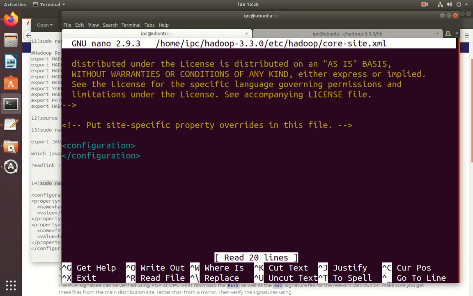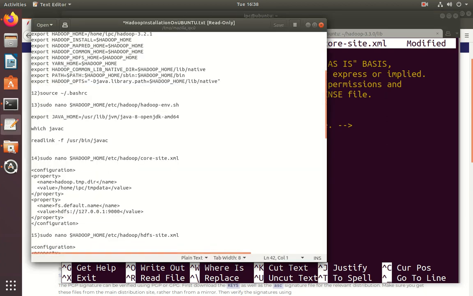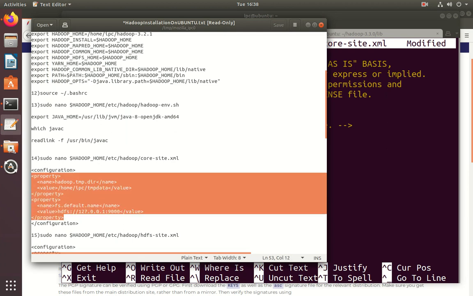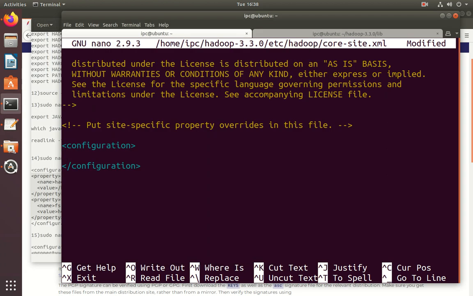This core-site.xml file defines the HDFS and Hadoop core components. Add the configurations here. These are the properties. Add the following configuration to override the default values for the temporary directory, and add your HDFS URL to replace the default local files.